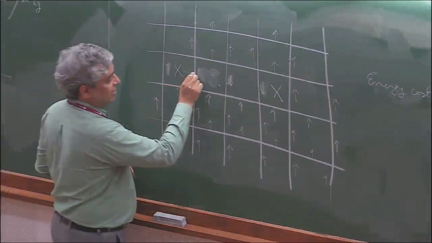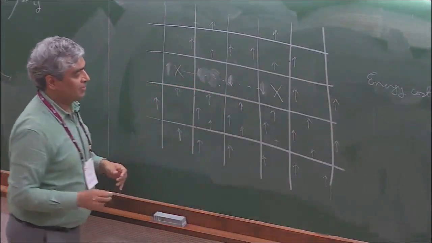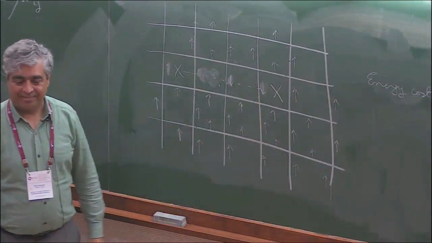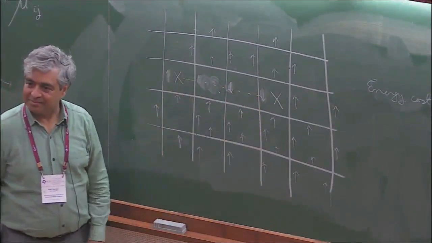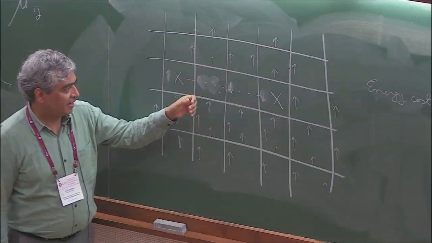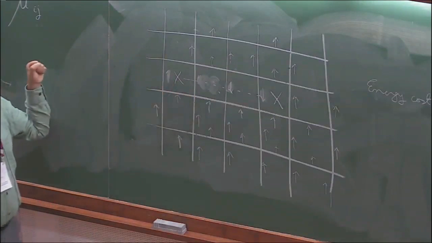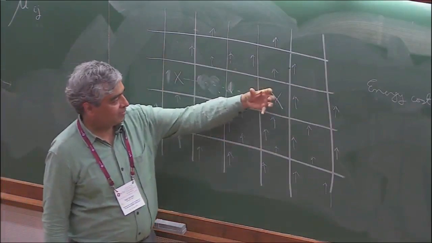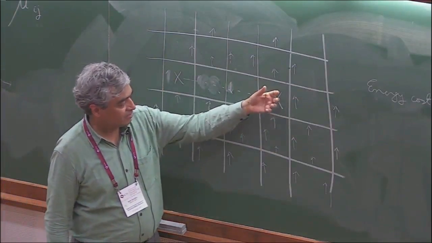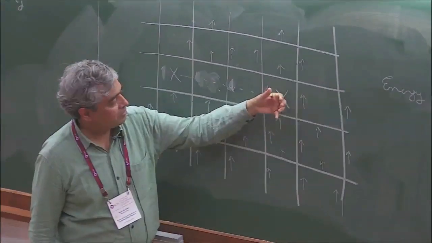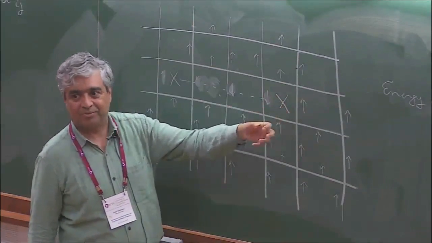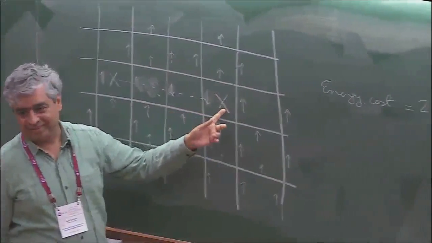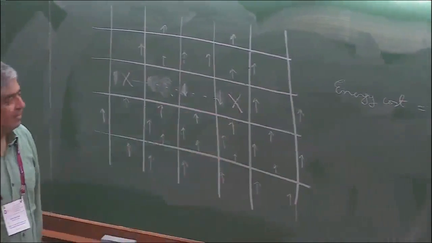Connecting them is a string of down bonds, but it doesn't cost very much energy. In fact, it costs zero energy diagonally anyway. You can just keep moving this forward. So this X is an excitation with magnetic flux. Initially, the flux was 1. Now the flux is -1. The product of mu z around it. So that is the analog of a magnetic monopole.